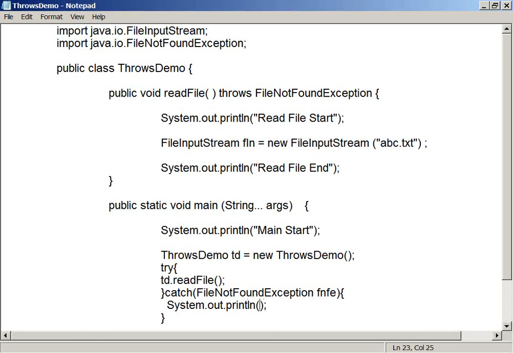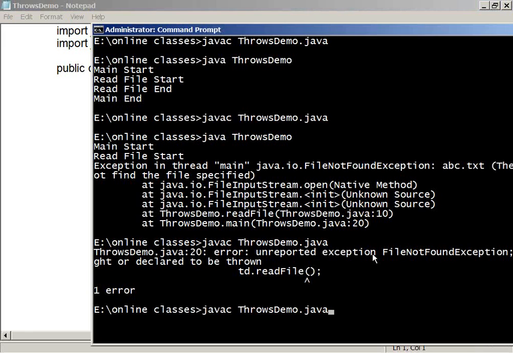No, the compiler does not check that. System.out.println, "Read file method cannot find the file." See?